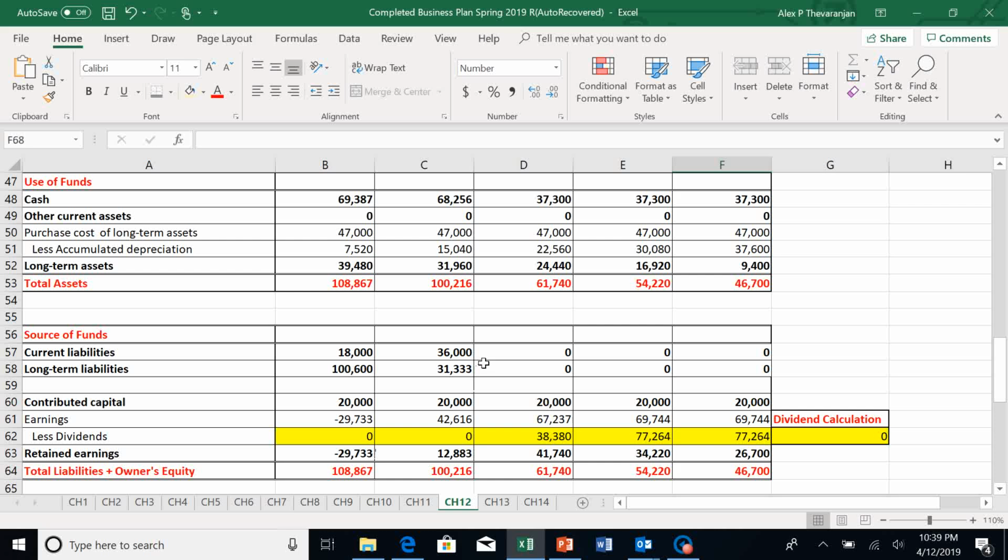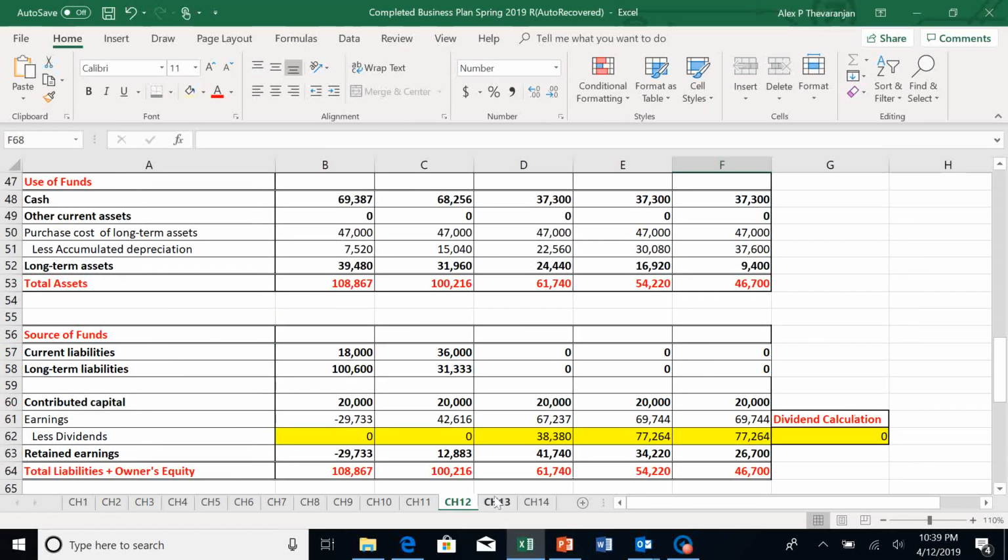Or even if you come to the 2nd year, right, the beginning of the 3rd year or end of 2nd year, your assets are 100,216, right, but your owner's equity at that point is 32,883. So you can see you have way more assets than what owners contributed. Why is that? Because you borrowed, right? So coming back here,